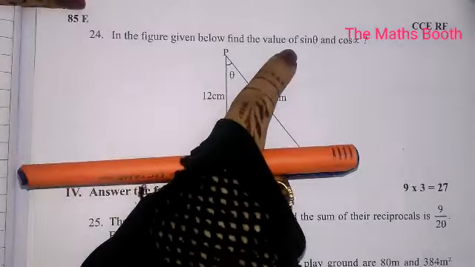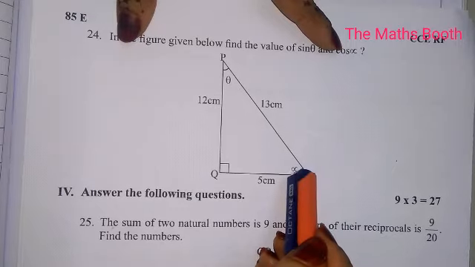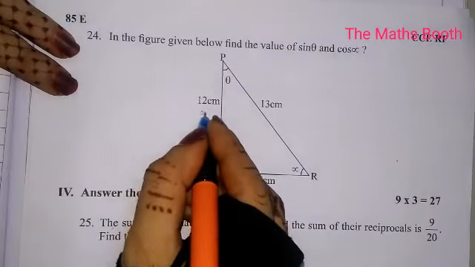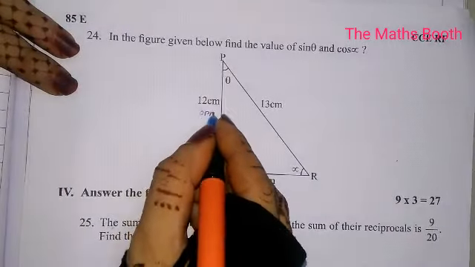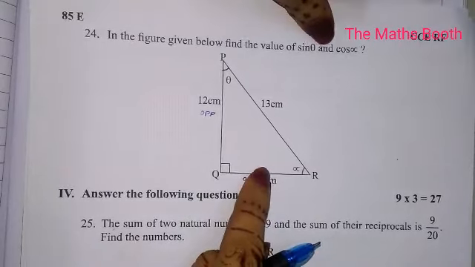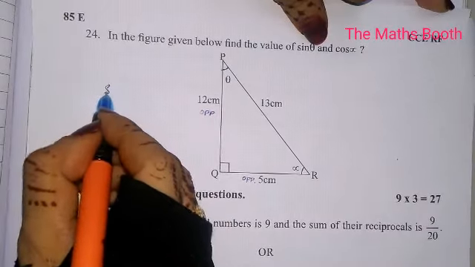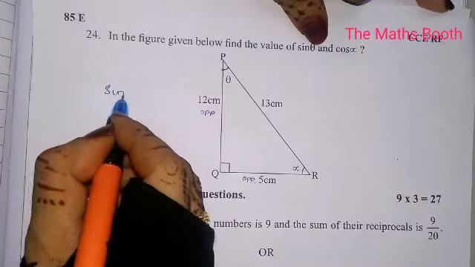Now our focus should be on this: if the angle is on this side, this will be the opposite side, and if the angle is on this side, then this is the opposite side. And the side along the angle line is nothing but the adjacent side. Now what they have asked, sin theta, here only I will solve. Sin is opposite upon hypotenuse. Sin theta, theta is this side. We can see properly here sin theta.